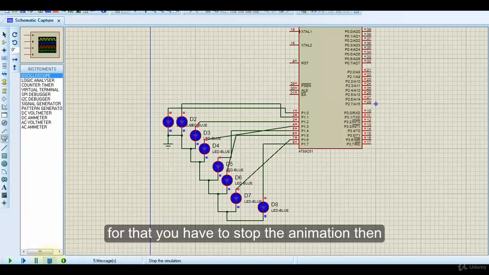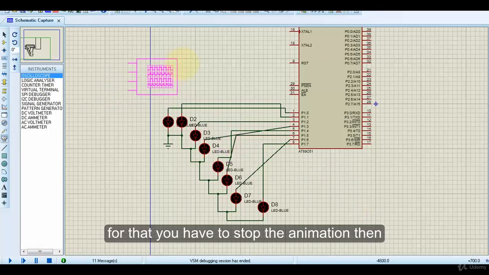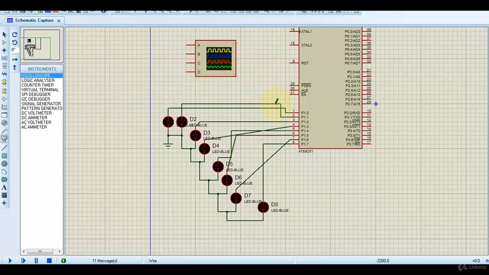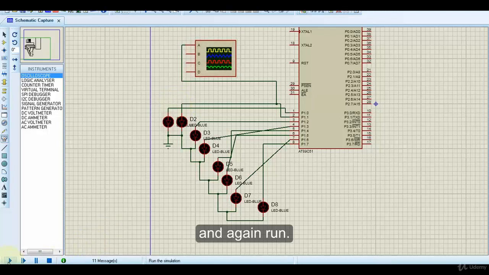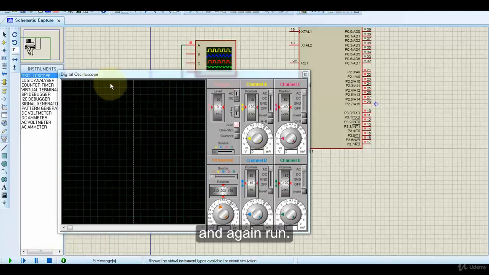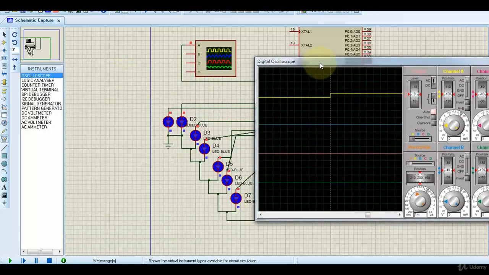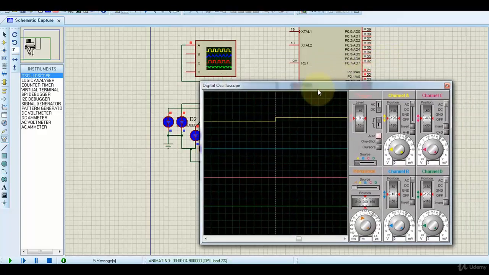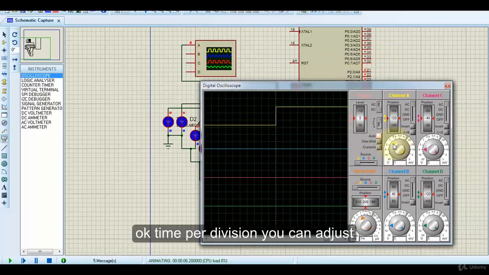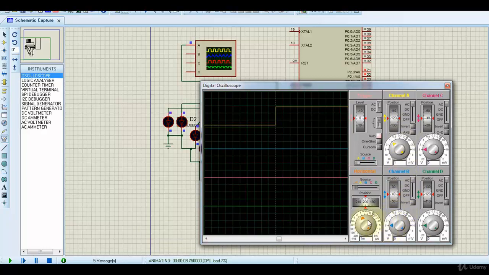For that you have to stop this code animation, then take the oscilloscope, connect one of these port 1 pins to the input terminal of the oscilloscope, and again run the code. So you will get the LED blinking here. Now the time division you can adjust.